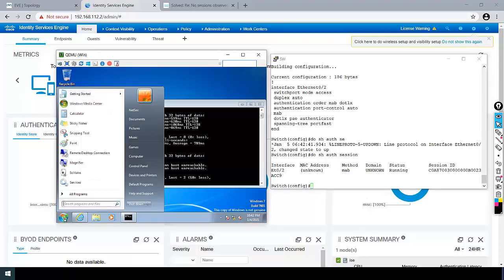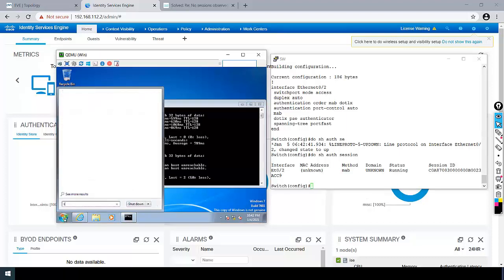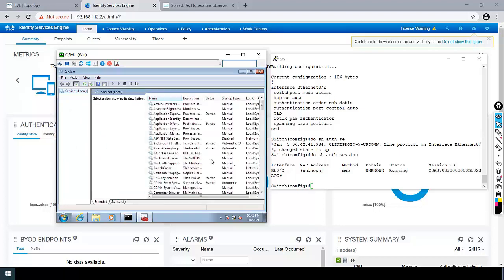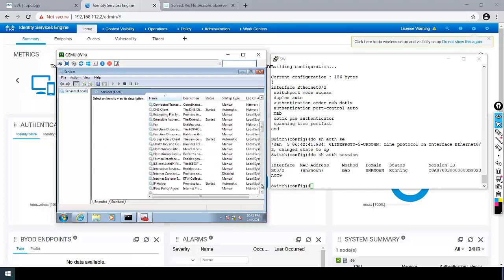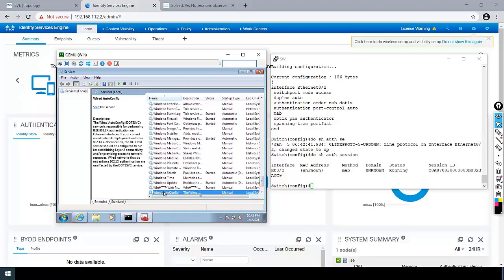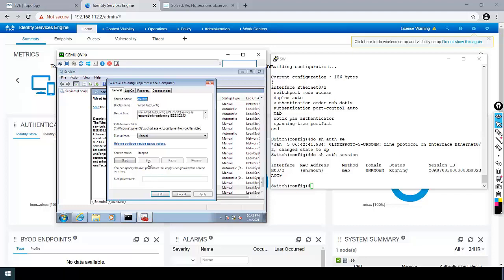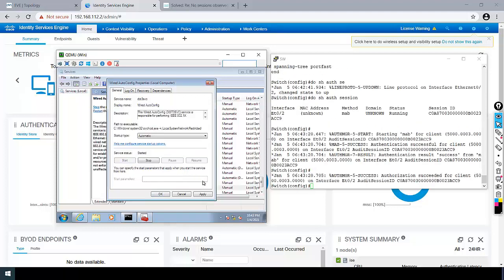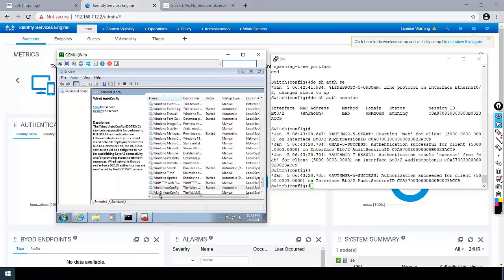We can enable the 802.1X authentication and MAB authentication by going into the services. Just go to services.msc, go to the Wired AutoConfig service, turn it on. You will set it to automatic, start the service, and as soon as the service is started, you can see the device is authenticated.